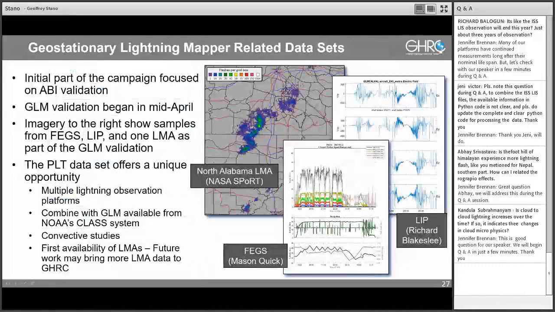And just looking at some of the geostationary lightning mapper-related data sets, the initial part of the field campaign focused on the advanced baseline imager validation. The main part for the GLM, or geostationary lightning mapper validation, began in mid-April of 2017. The imagery to the right shows a couple of examples of the various data sets. This image that I'm cycling through is from the North Alabama Lightning Mapping Array, imagery provided by NASA SPoRT. And again, you see spatially extensive lightning, a very different feature from what you may see on the news,